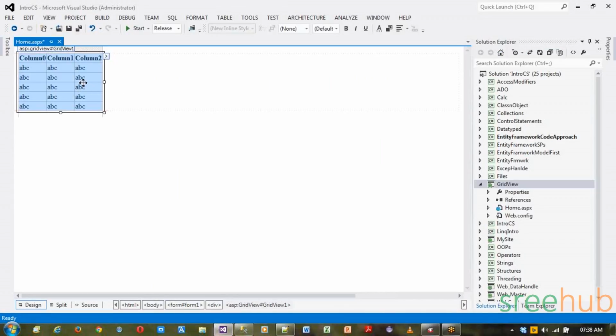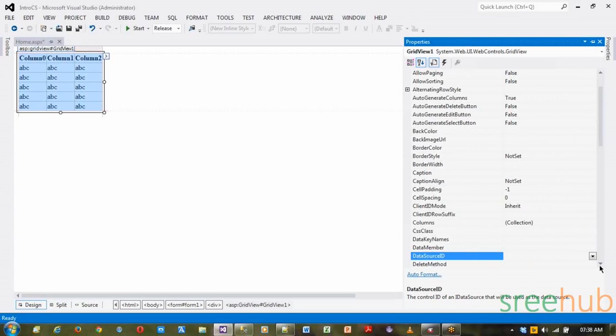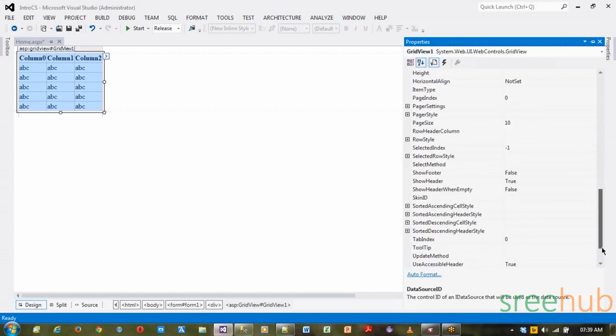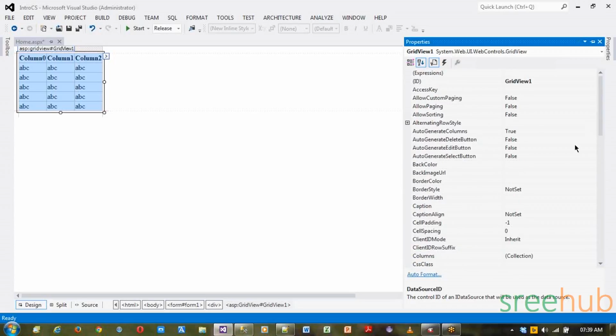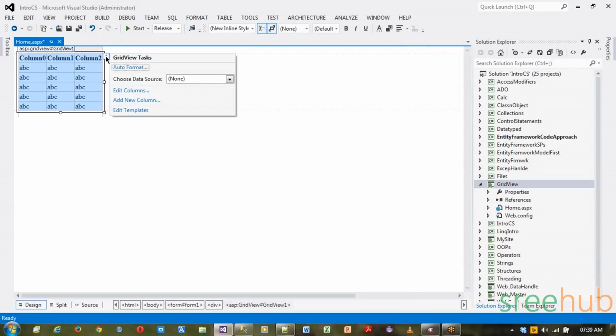So even before that, right, let's see the different properties of GridView, right? Now you can see these properties for GridView. GridView is a rich grid control we have, right? Introduced in .NET, it gives you multiple functionalities to connect directly to the database, and which will give you a live feel of getting data. Right? So here, first let's start with the simple properties. Now when you click on this, right, you have a simple module. So here you can see there are a few